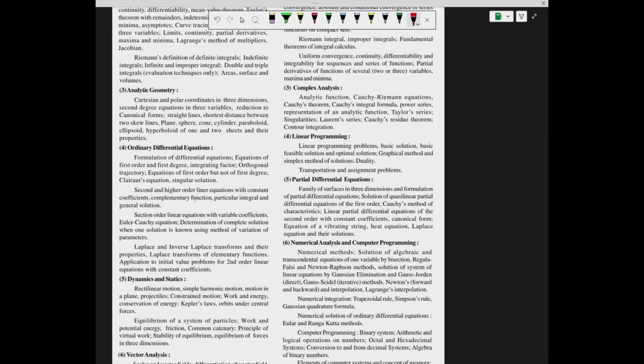But it's not possible to find previous year questions on each and every subtopic. Like I'm discussing this in analytical geometry, I'm discussing Cartesian and polar coordinates in three dimensions. So it's not possible to find them. Suppose it may happen that on this particular topic, there's no question existing in the previous year questions for UPSC